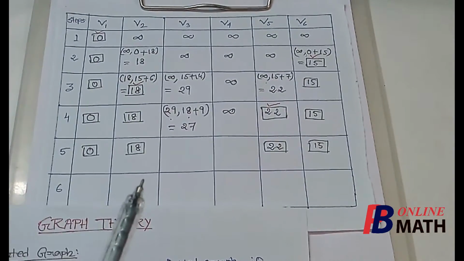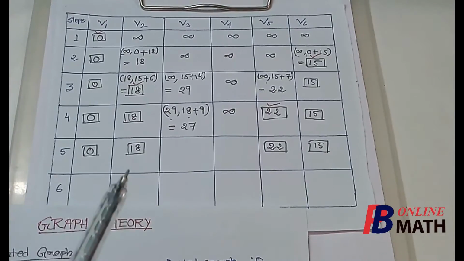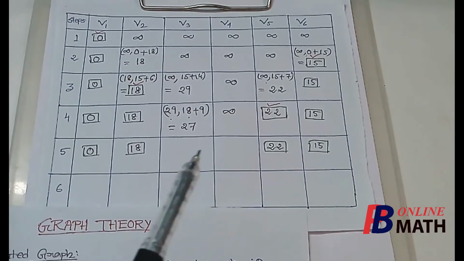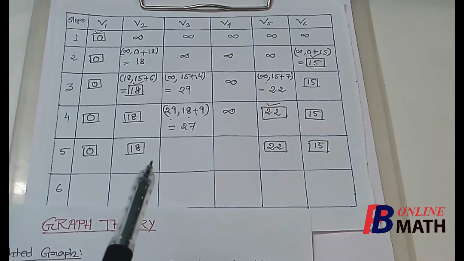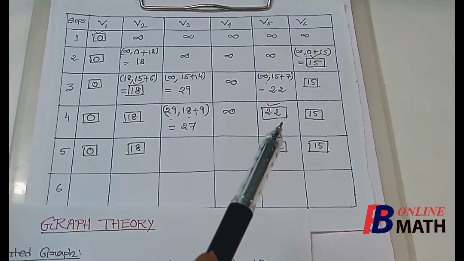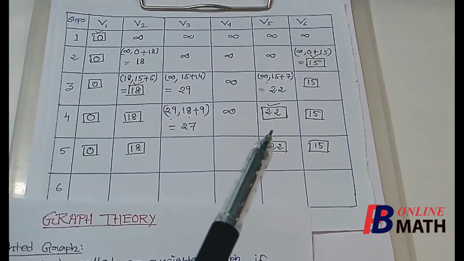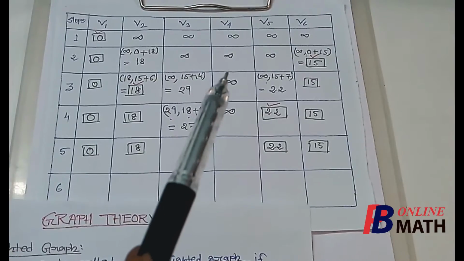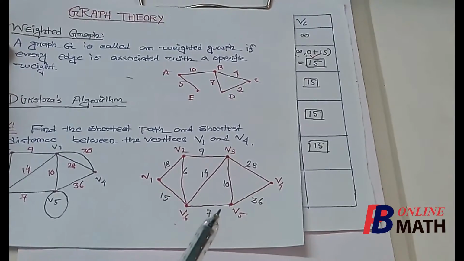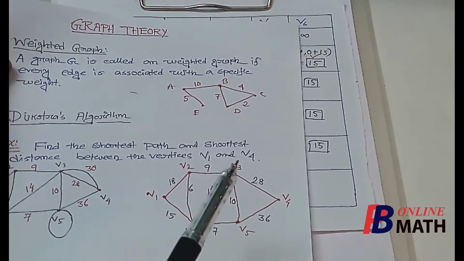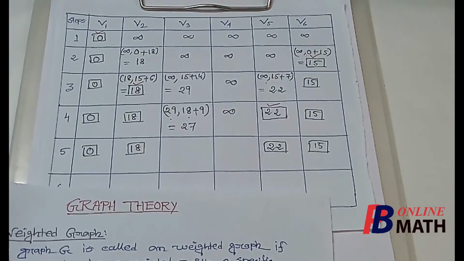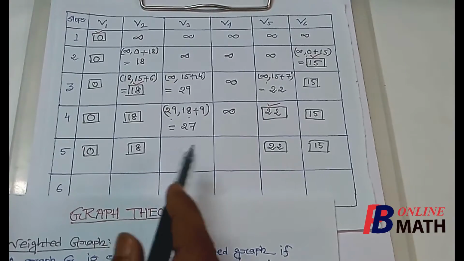Now consider step number 5, and since these 4 levels are permanent levels, we put these levels. So only 2 temporal levels are available there, and in this case we have to find the distances from V5, because this is the latest vertex which was labeled permanently. So let us find the vertices between V3 and V4 which are not directly connected to V5. From the graph we find that both the vertices V3 and V4 are directly connected to V5. So we shall find the temporal levels of V3 and V4.